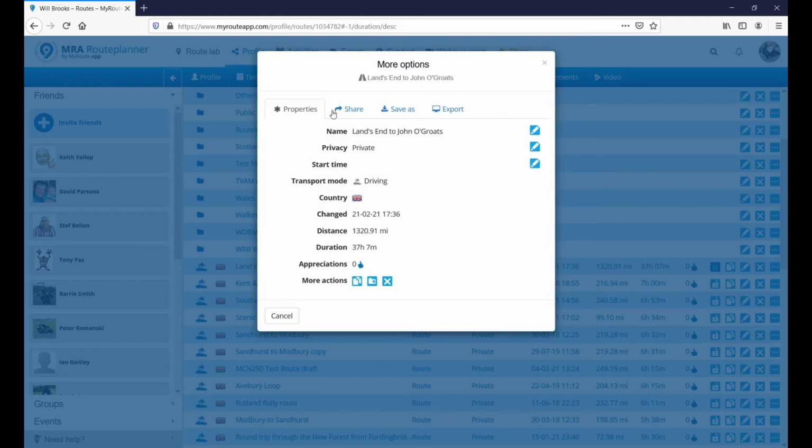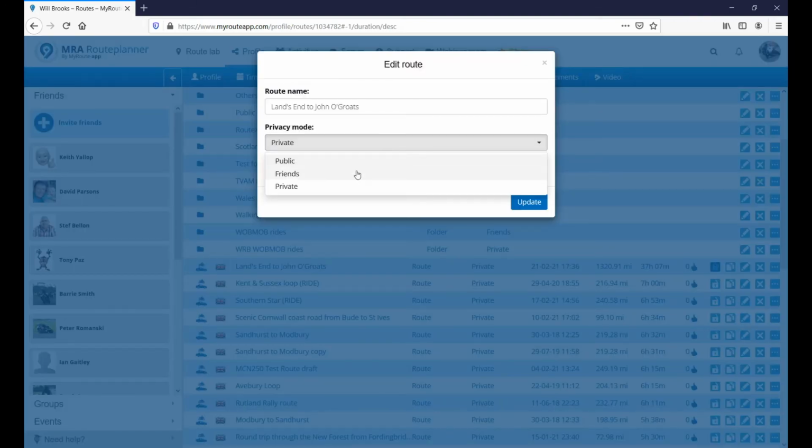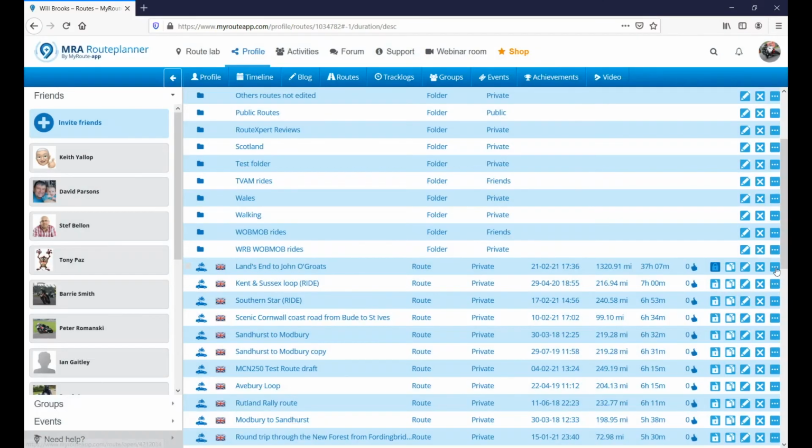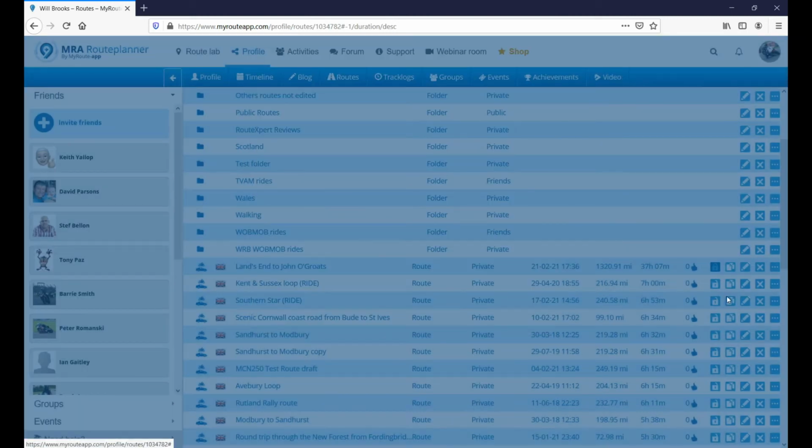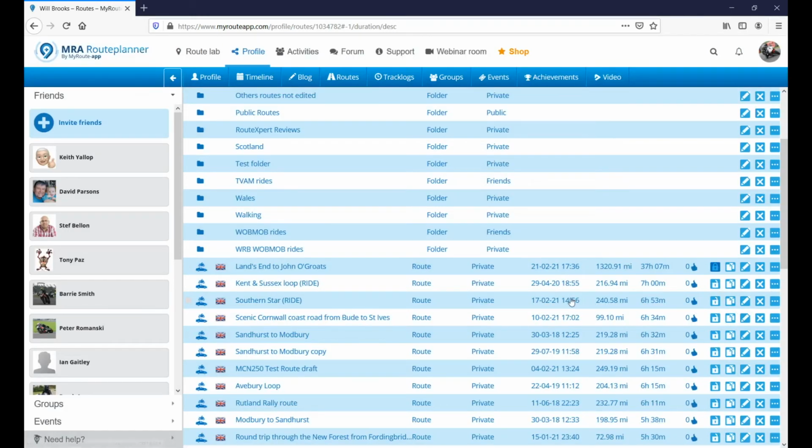So it will bring up your route, and again you can edit the name here. You can change the privacy of your route from private to friends to public. It will show you whether it's driving, cycling, on foot, what country it's in, when it was last changed, all the various bits and pieces. And again, here are some extra actions that you can go from this page just as you would from over here. So that gives you a very quick run round of what happens